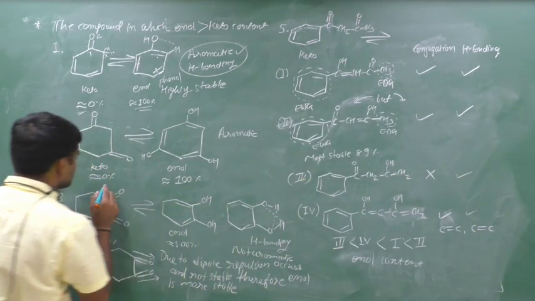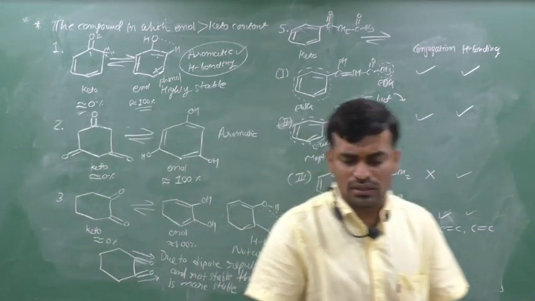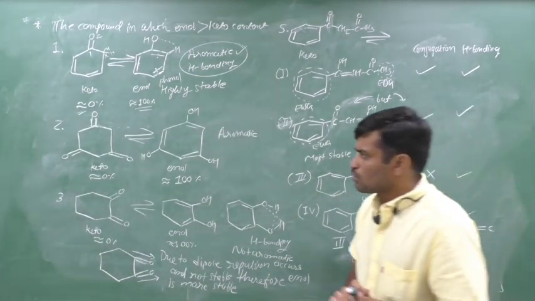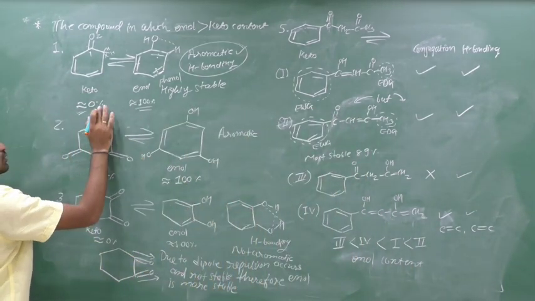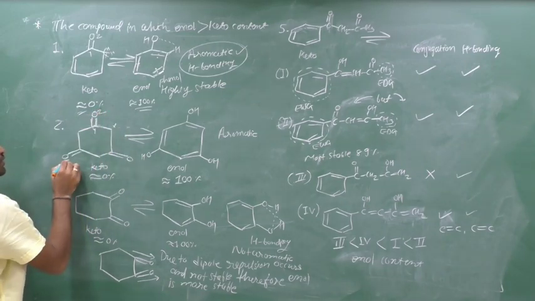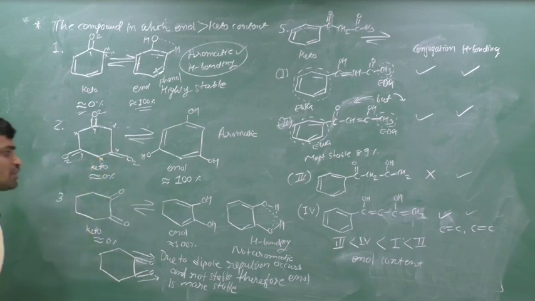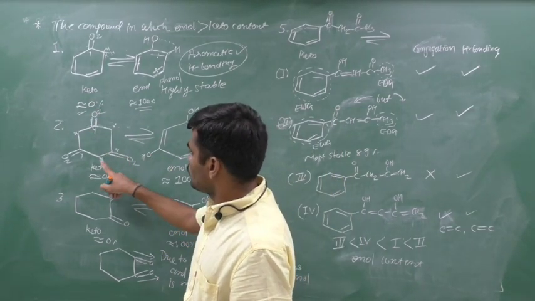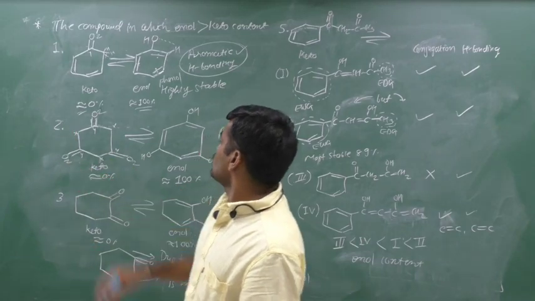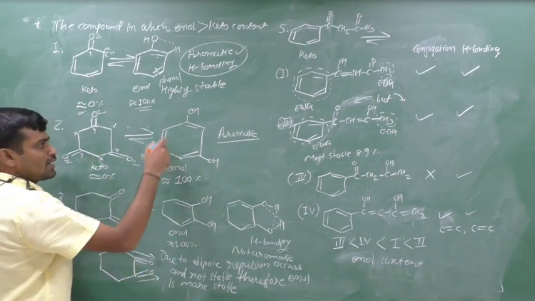Second example is like that: 6-member ring, double bond O, double bond O, double bond O. There are so many enol forms we can draw, but we can draw the most stable enol form of that. Here X, Y, Z, Z, Y, X, Z, Y, X. We can transfer hydrogen from here to here, hydrogen from here to here, and hydrogen from here to here. We can have the compound like that, which is also aromatic, because cyclic, all are in sp2 hybridization,